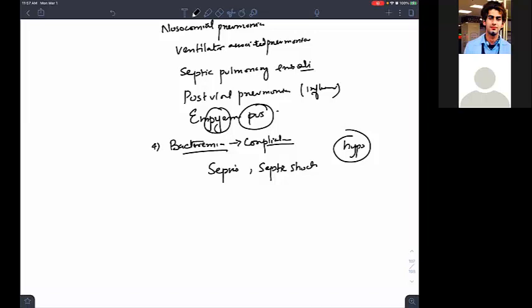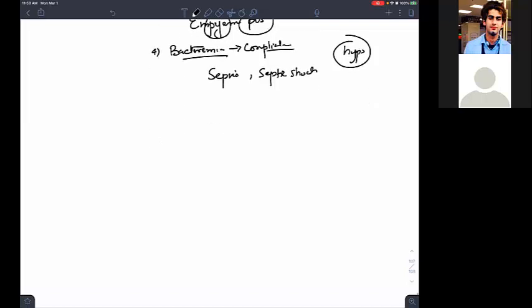I want to tell you one major concept which we are lagging behind in our entrance examinations: they always ask about endocarditis. Since I have first year people in my group, I want to tell them, you have 3 layers of the heart: the endocardium, the myocardium, and the pericardium. These are the layers of your heart.